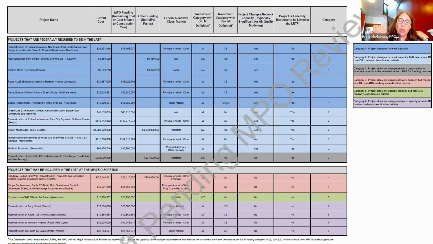And then the MPO can add other projects that they may want to list, like maybe the projects that cost over 50 million, so that they can have further discussions on it. But the first three categories are projects that,